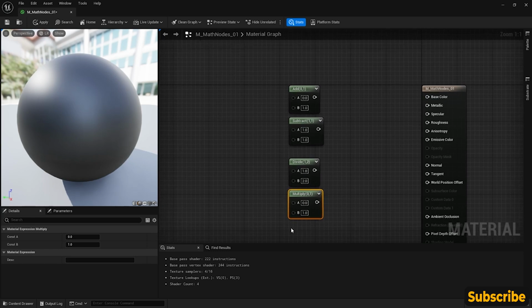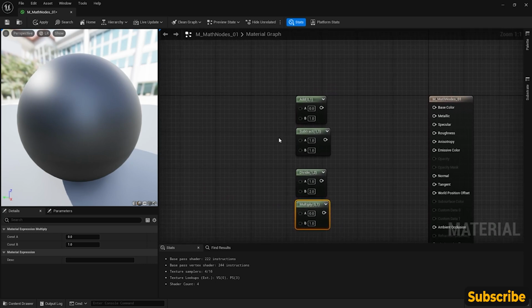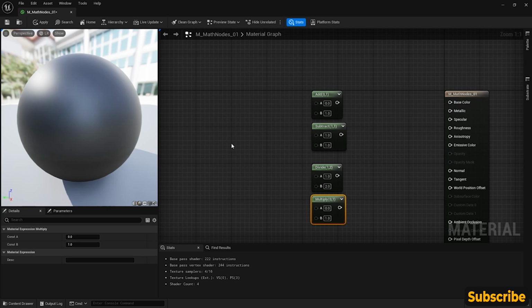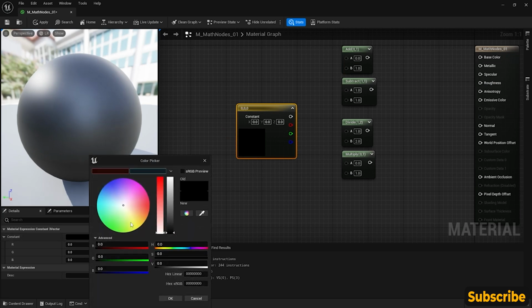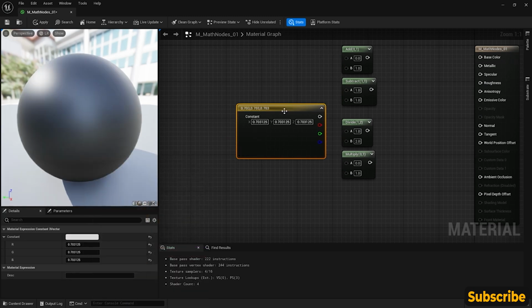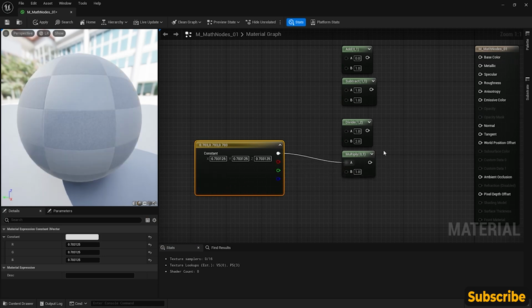And you might be asking me, well, why would I want to use these? And the answer is sometimes we'll have nodes that are specific to, let's say, grayscale or black to white. And it can be really handy to add a color on top of something or subtract it from it, or to multiply color. So again, let's just make a constant 3 vector and assign it a color. And if I just assign this, let's actually just make it kind of a gray color without any color on top of it. And if you notice, if I take this pin and I left click, drag it into multiply,